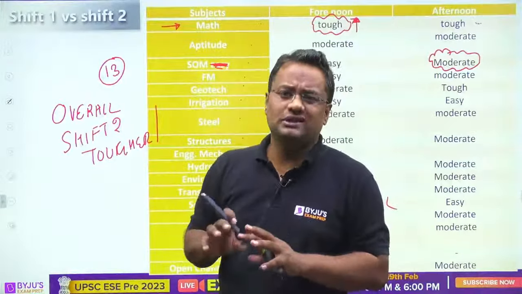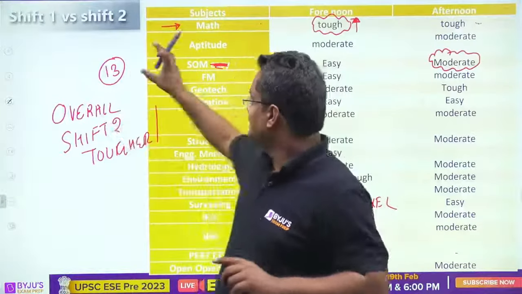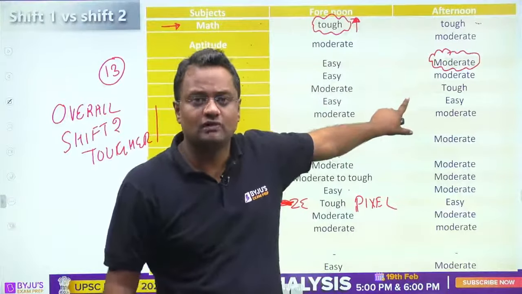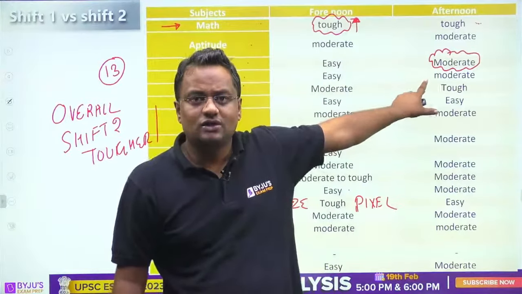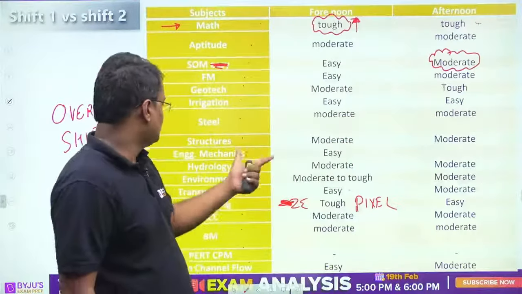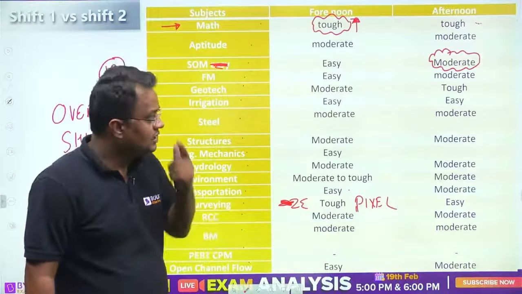Shift 2 was clear-cut difficult. Clear-cut, I'm using the word. Shift 1 was very easy here, but one question here was not that easy, which we will be solving here, that 2D plane stress question. Survey was the thing that was tougher in this, due to the mixed pixel and zenith question, and otherwise